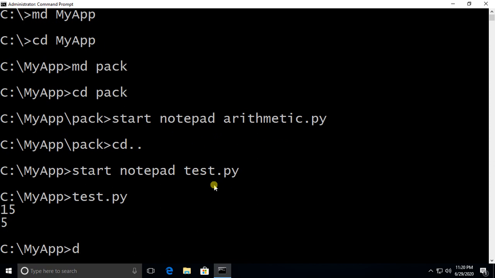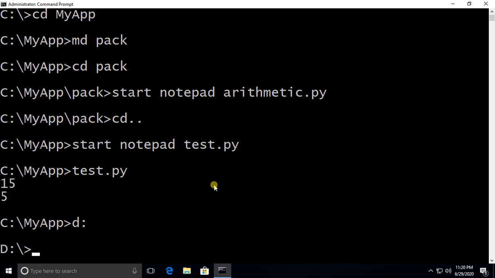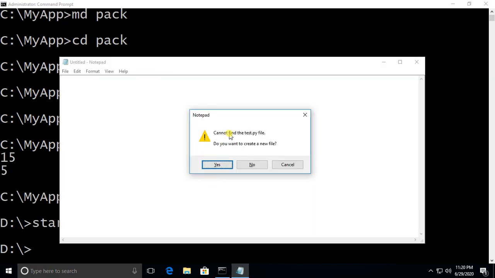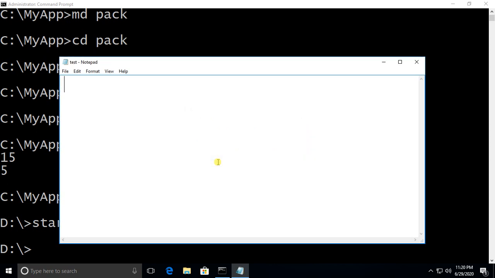Just type D colon enter. Now you can write the program here. Start notepad test.py. See, cannot find the test.py file. Do you want to create a new file? Click on Yes button.